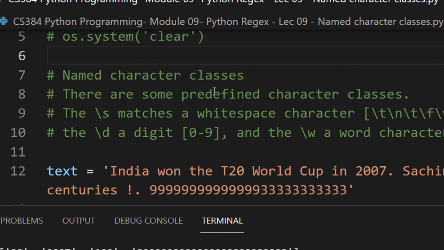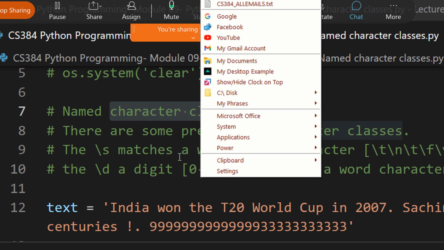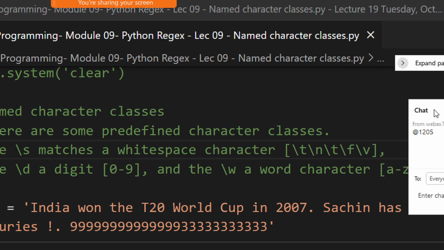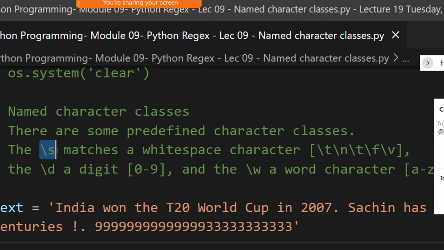There is a thing known as character classes. There are some predefined character classes. For example, \s is a character class that matches a white space character. Now what are white spaces? Tab is a white space, because when you press a tab, only a white thing appears on the screen. New line, again it's a white screen. \t again is a tab. \v, I think, is a backspace character, not sure.